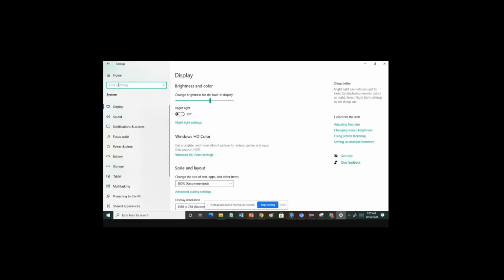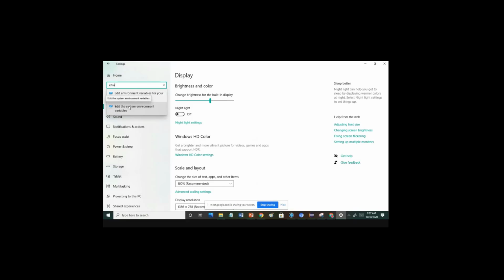Here we will search for environment variable. Now we'll edit the system environment variable. This second option we will select.